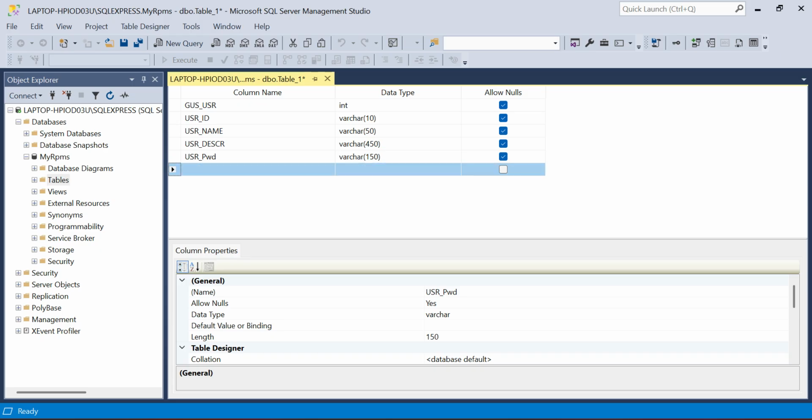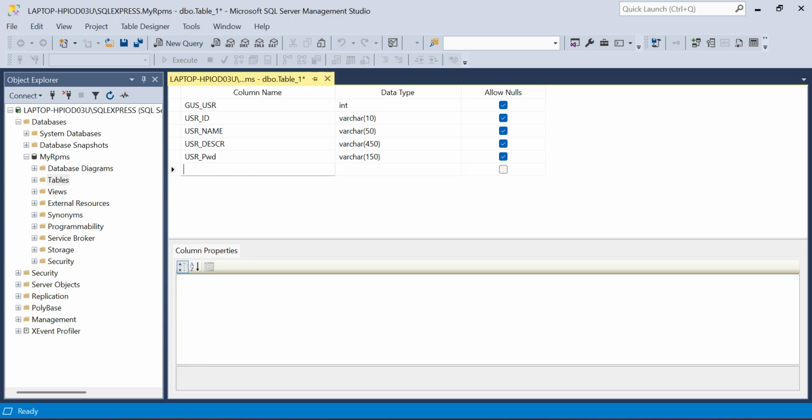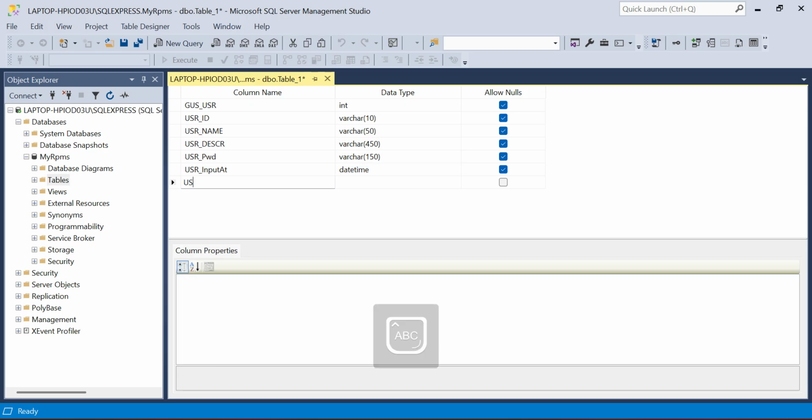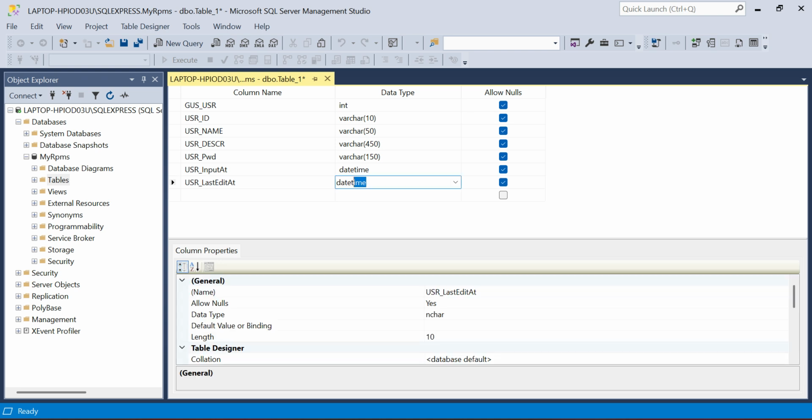Now I will add USR input at, the data type is date time, and USR last edit at, date time.